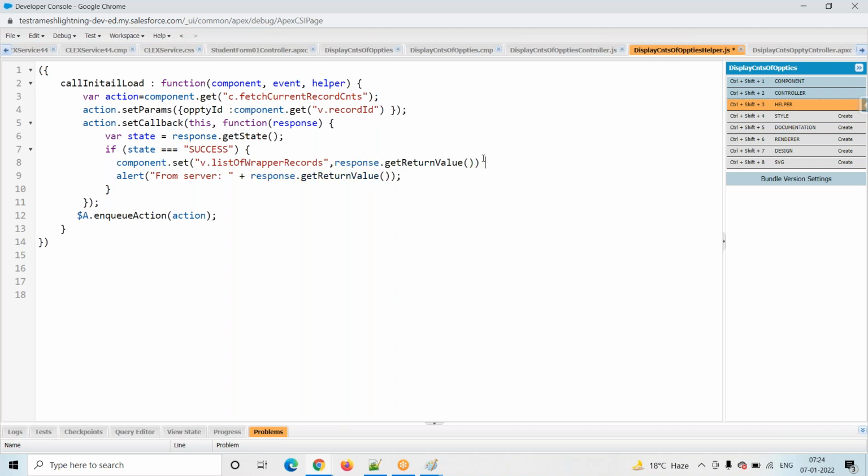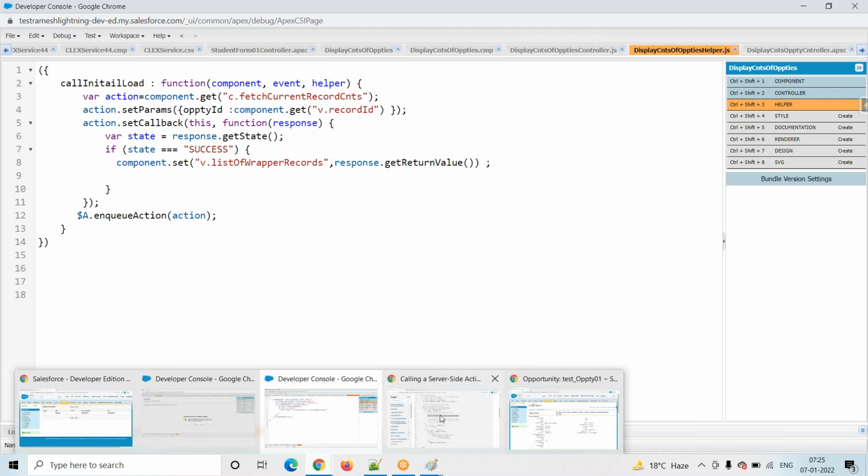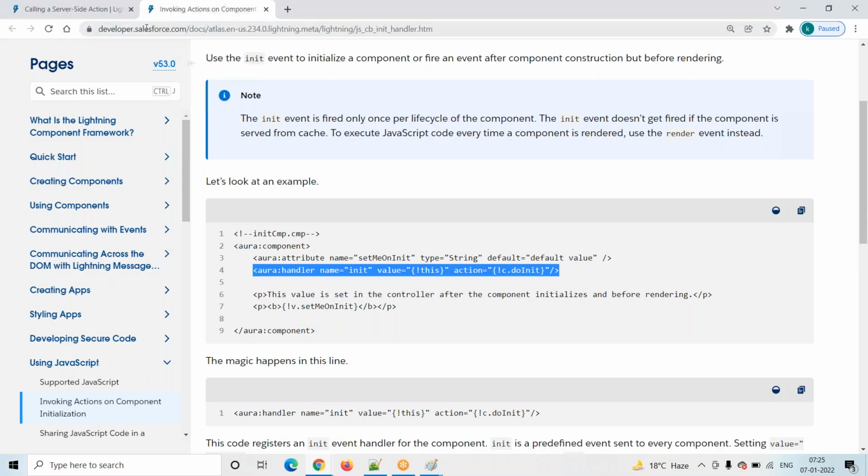Then what is my next step? The next step is that we have to display those results to the user. In which format do we want to display the result? Table format. How are we going to achieve the table? Lightning colon data table or custom table format? In the previous session we discussed the table format, right? Custom table format, and we also have lightning data table. So based on our requirement, whichever format we want, go to lightning data table.